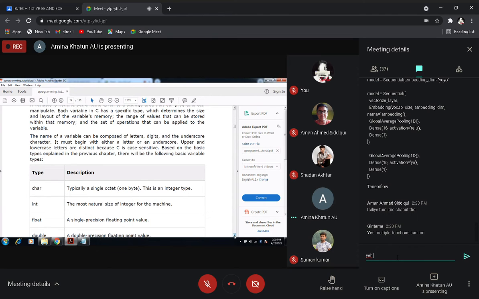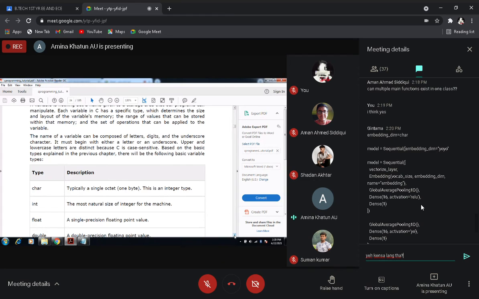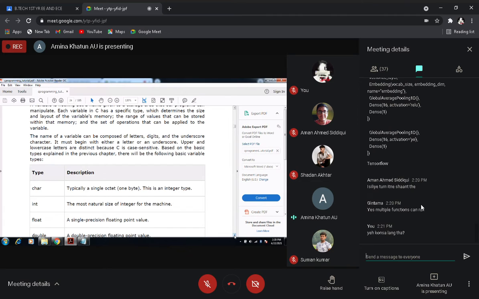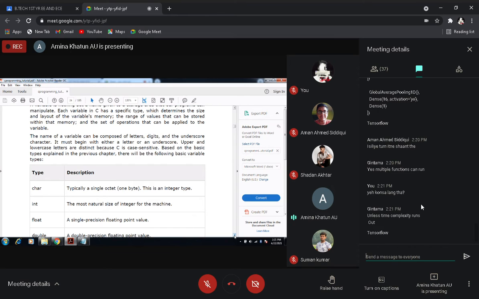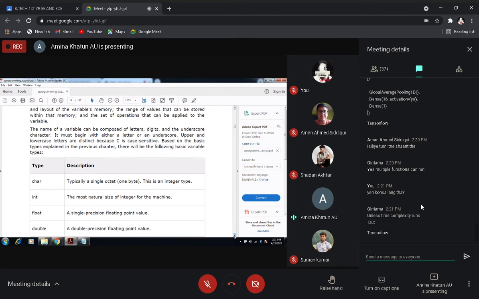I have already told you that C language is case sensitive. That means if you write anything in upper case or lower case, it will act differently. So whenever you define a variable, keep that variable name the same in the whole program.